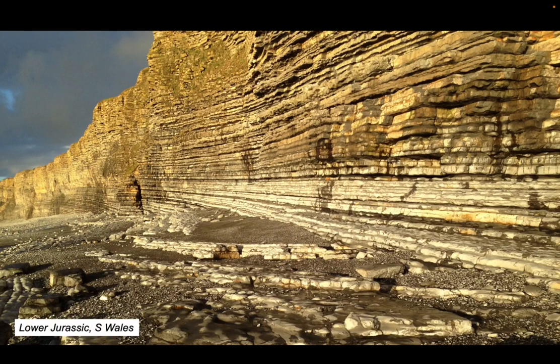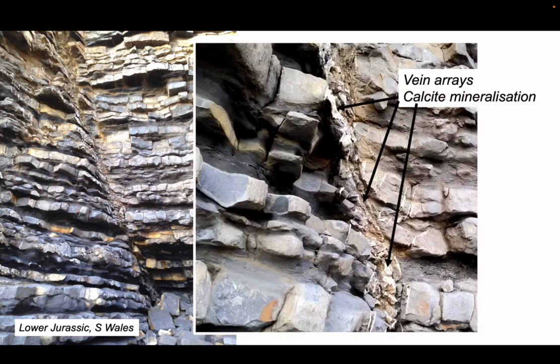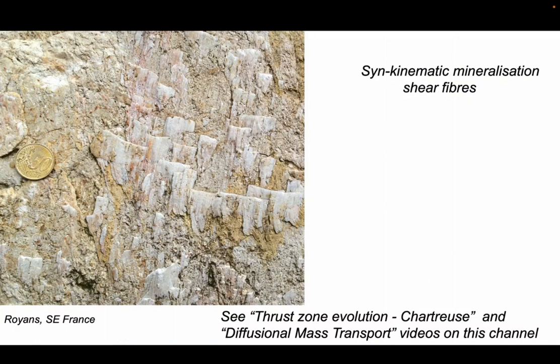So let's go and have a look at this example from the Lower Jurassic of South Wales, where we've got thin limestone bands and carbonate mud rocks that separate them into a multi-layer. And the faulting in this has generated a fault zone coming down across the cliff. If we just zoom in on this, we can see that the fractures are filled with calcite mineralisation. Another example